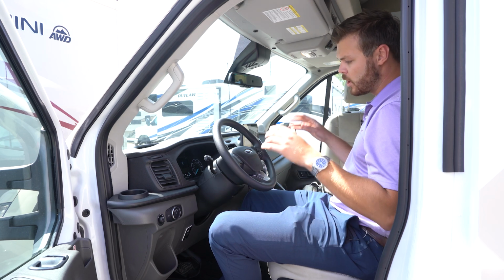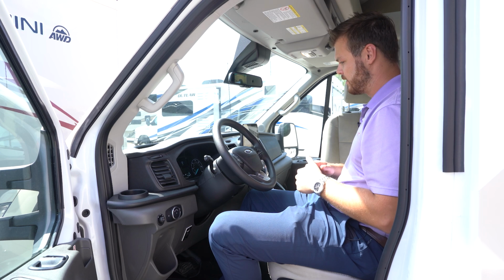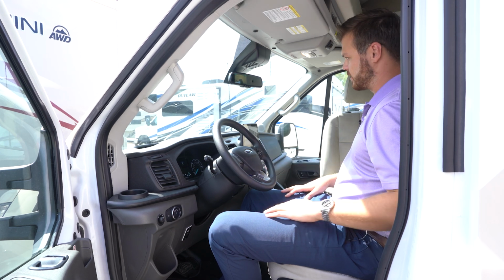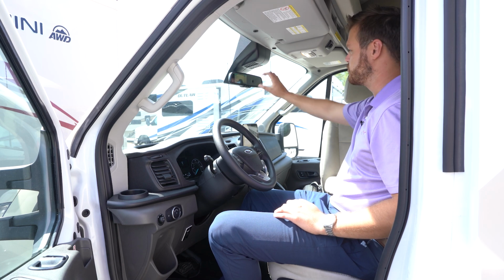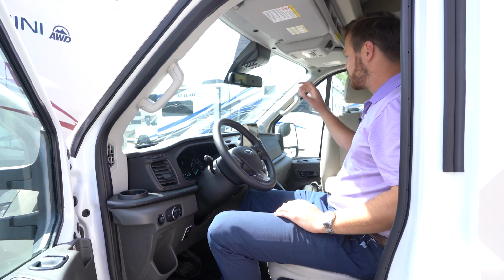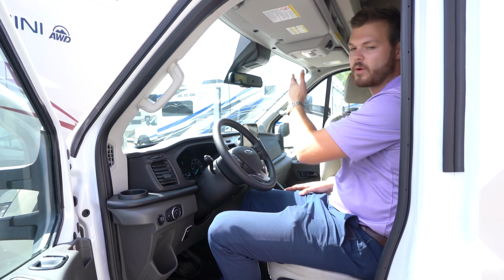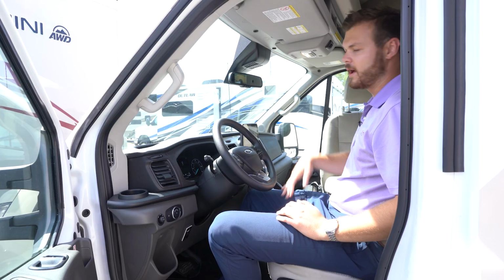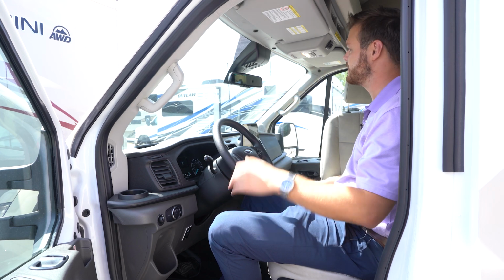Now, with the new EcoBoost and the new 2021 Fords, you're gonna have a lot of different things in here. One, we're always gonna have your rear view camera attached to a rear view mirror. So even though you're not really using the mirror part, it's just natural to look up and see your camera there and see what is behind you. So you can check to see if whatever you're towing, you can always be looking up and checking on that, and also see cars that are incoming maybe a little faster than you